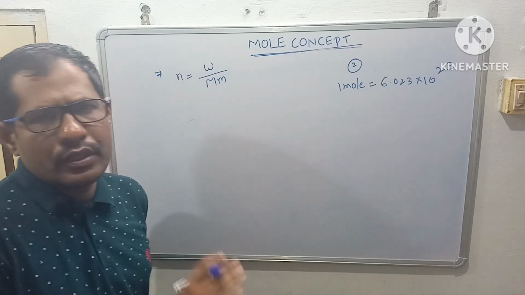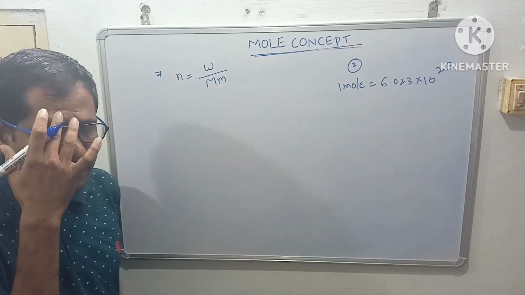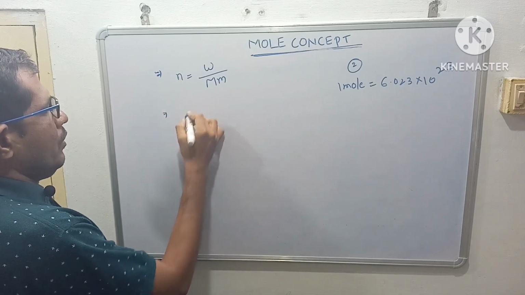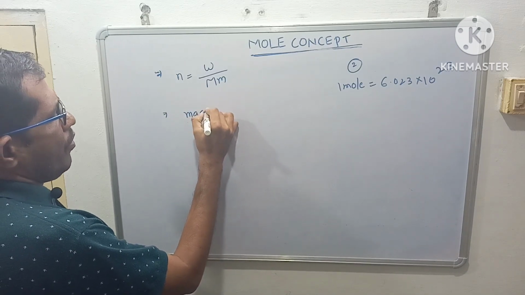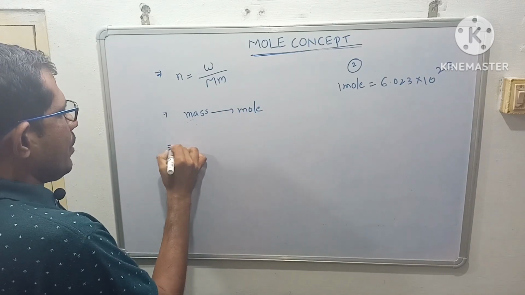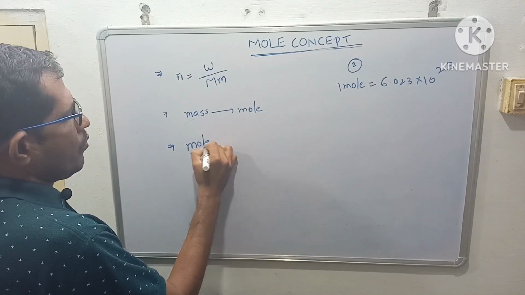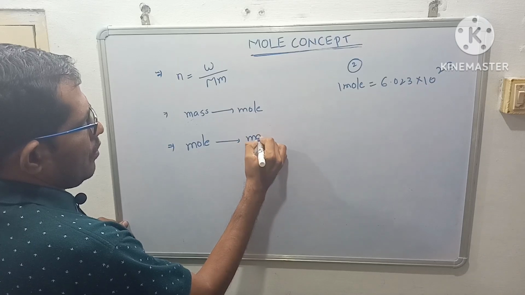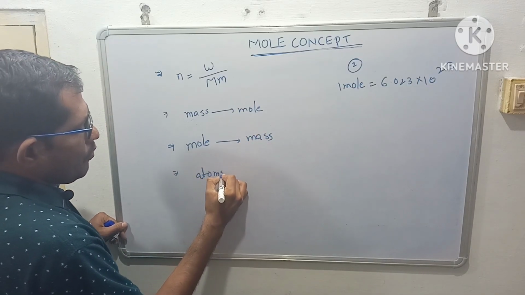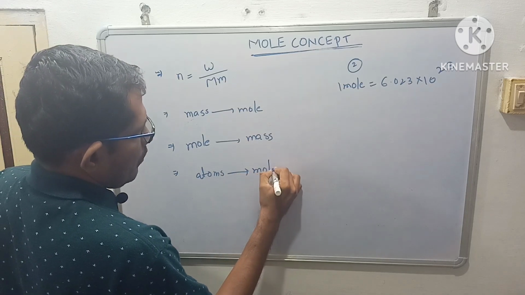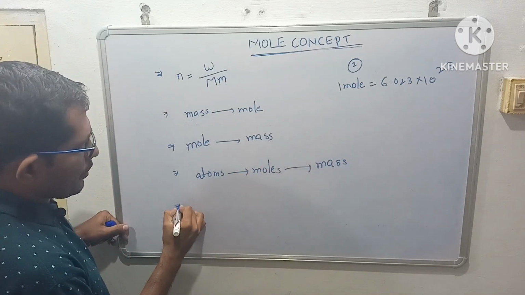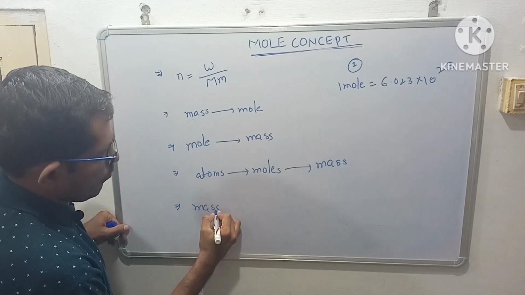Okay. To remember these two formulas, right? 2 points. And coming to here, we have conversions: mass to mole. Second conversion, mole to mass. And third conversion, atoms to moles, moles to mass. And next conversion, mass to moles,